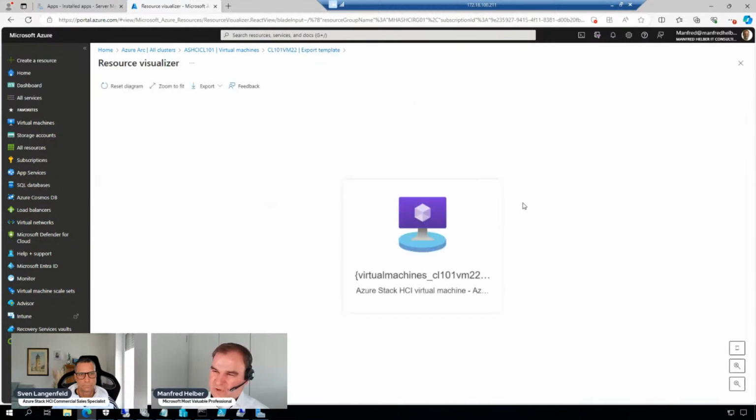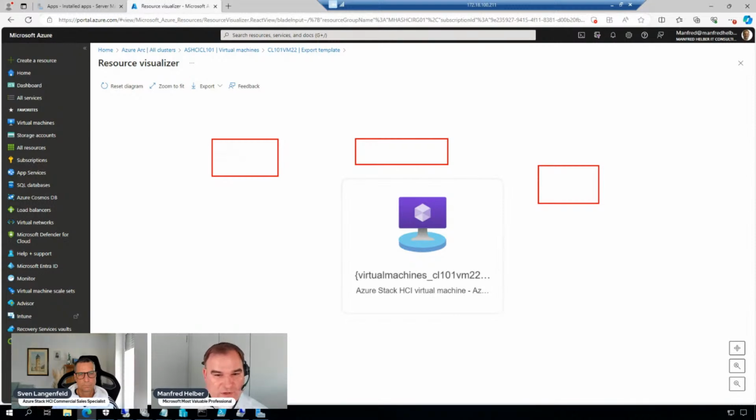This is not so impressive for this single virtual machine, but let's imagine you have a template that consists of 3 virtual machines. Let's again think about Lighthouse and the several customers you have. Or let's imagine a retail scenario where you have your central site and many distributed sites.